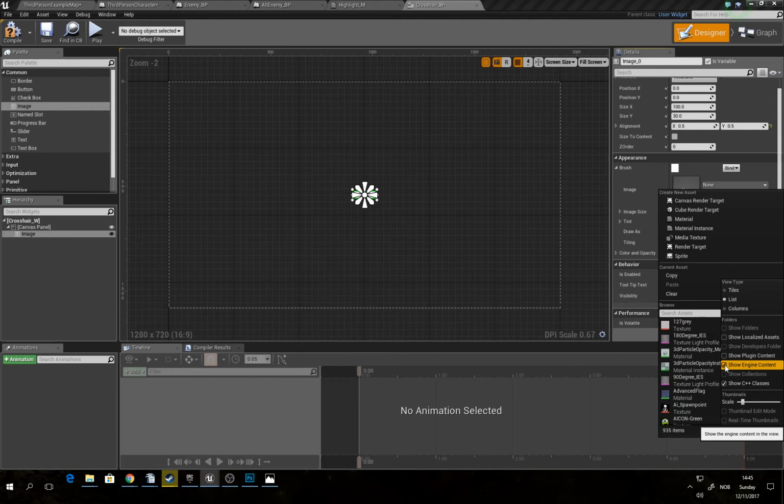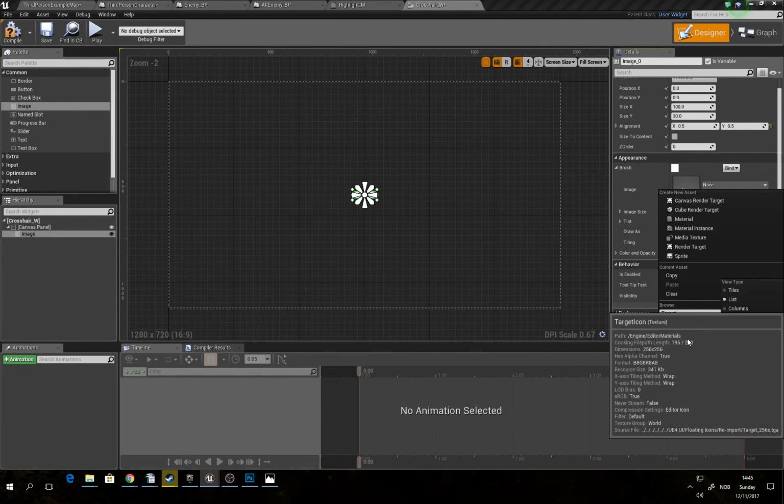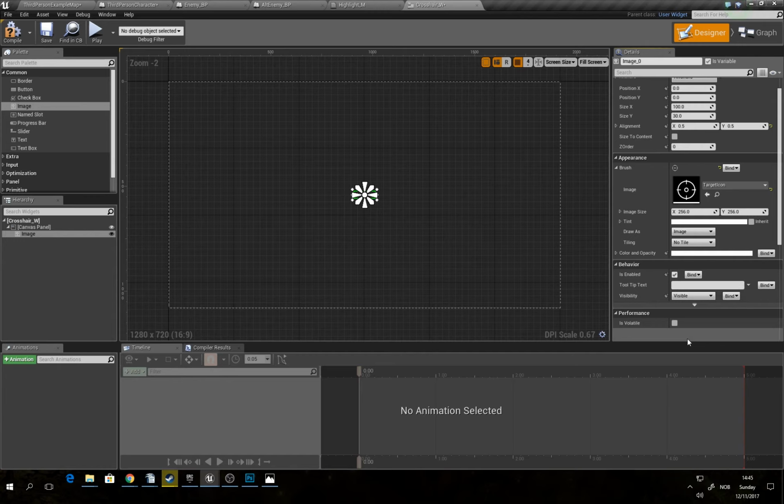Click on that, and once you've done that, you can come up here and search for target, and we want the target icon. So there you go. And let's adjust the size as well. It could be pretty small. We don't really need it to be big, we just need it to be visible. So let's put it on 2020. With that done, we can compile, save, and then we can go back into the third-person character,